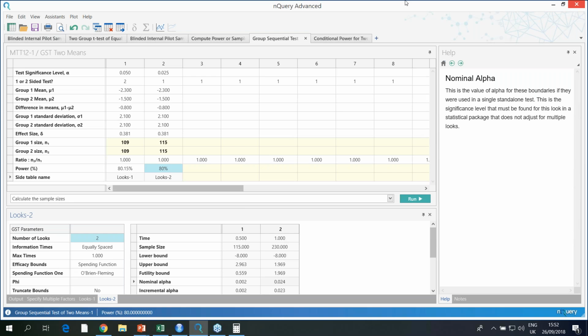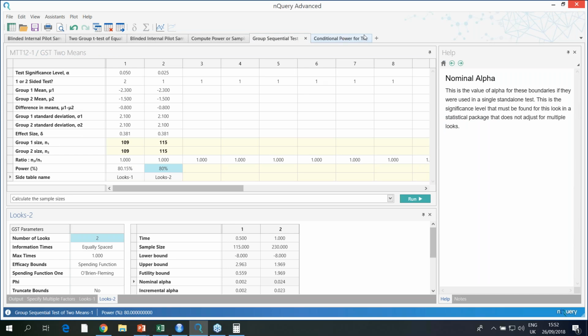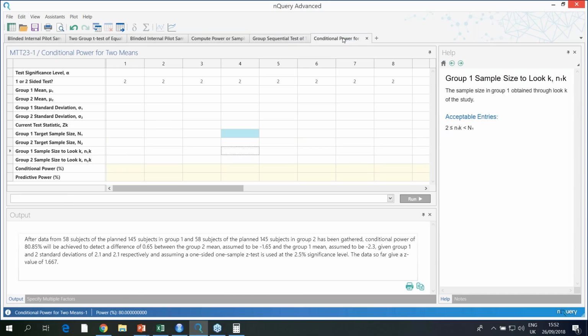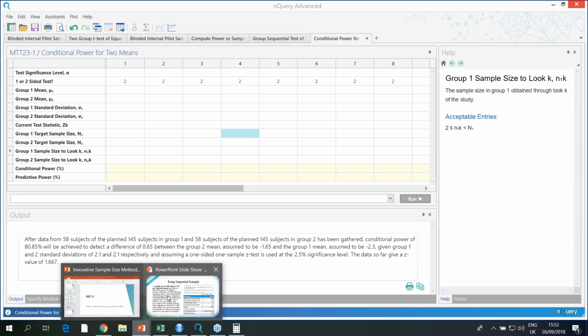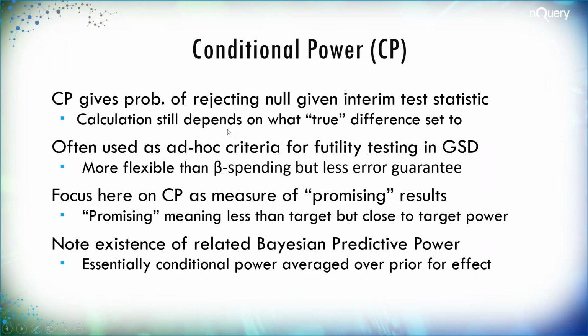I will note, as I noted at the start, that we like the current unblinded sample size re-estimation and indeed interim monitoring, which we consider to be very related, will be available in the release in October, but we haven't quite got it complete yet. I'll show you a screenshot of what that looks like, but I can very briefly illustrate it for you now. But just in terms of the theory of unblinded sample size re-estimation, at the moment